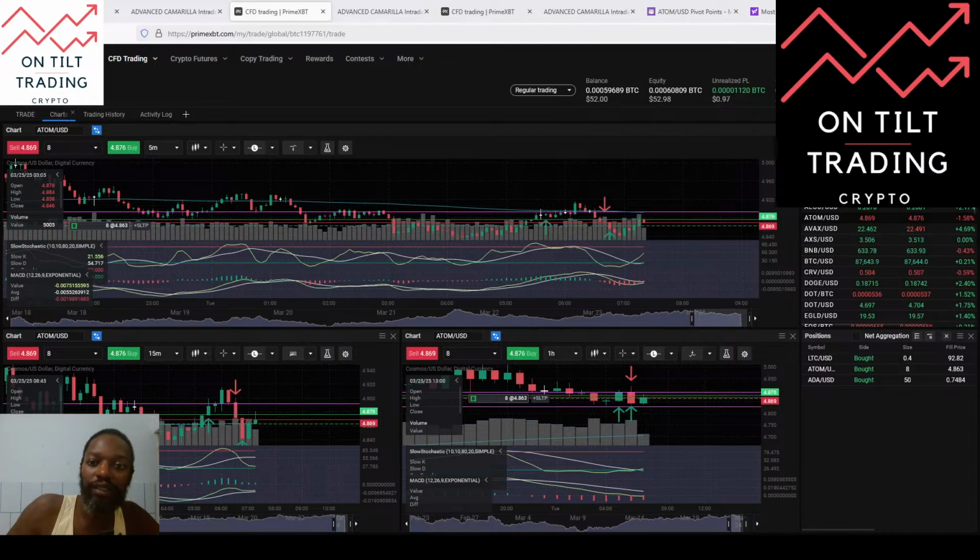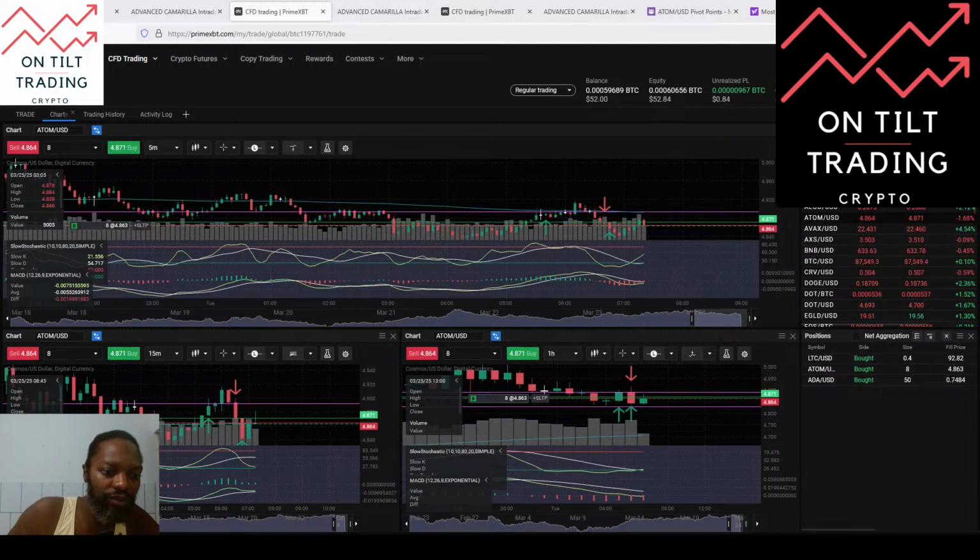S3. This is S3. This is the Camarilla pivot S4 down here. So this trade idea is an S3 to an R3 traverse. This is this trade idea here. And we see that